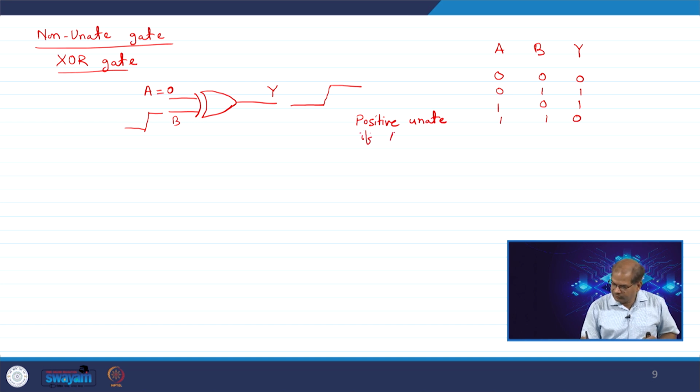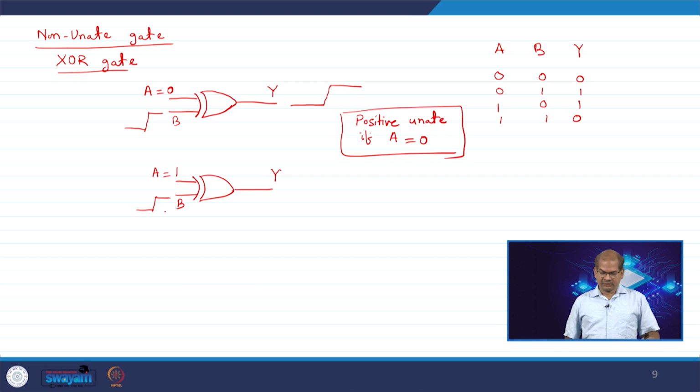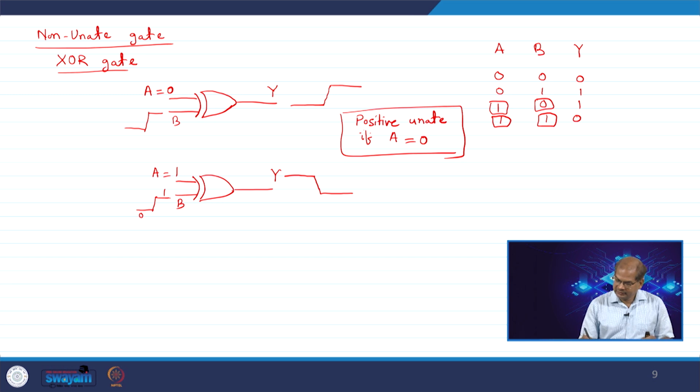Let us say I have another case, XOR gate, this is your Y, A equal to 1 and B is doing a rise transition. A is 1 and B is initially 0, so your output will be 1. Now B is changing from 0 to 1, so A is 1 and B is 1, and your output will change from 1 to 0. So, here it is a negative unate,